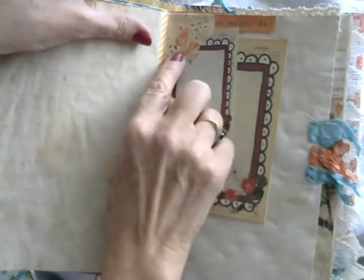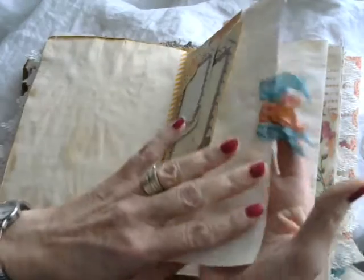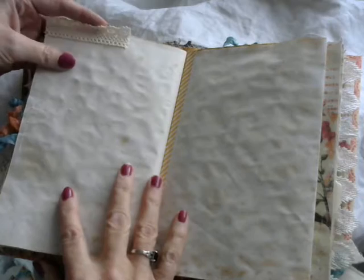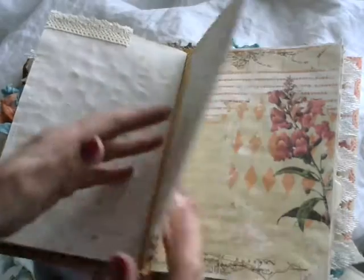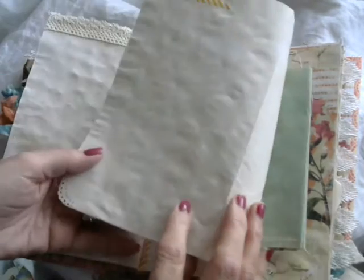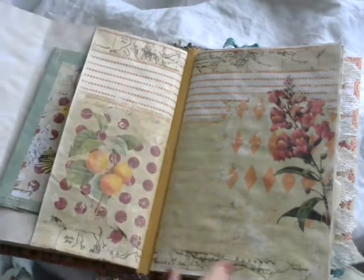We've got another one of the punch butterflies and one of the word pieces saying "Oh happy day," and then on the edge here we've got some lovely seam binding. Got a bit of lace stuck to the top of that page for interest, and here we have another fold out page, and that's got another of the large